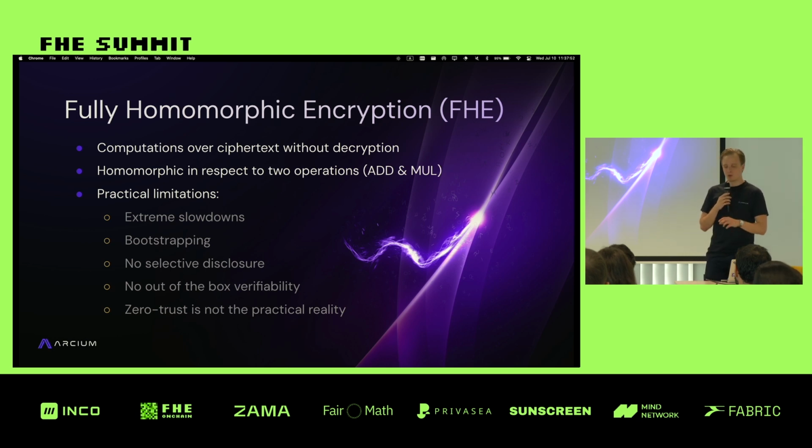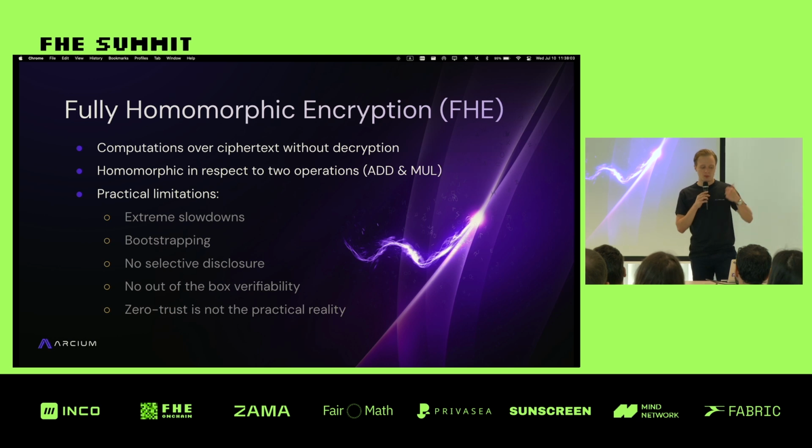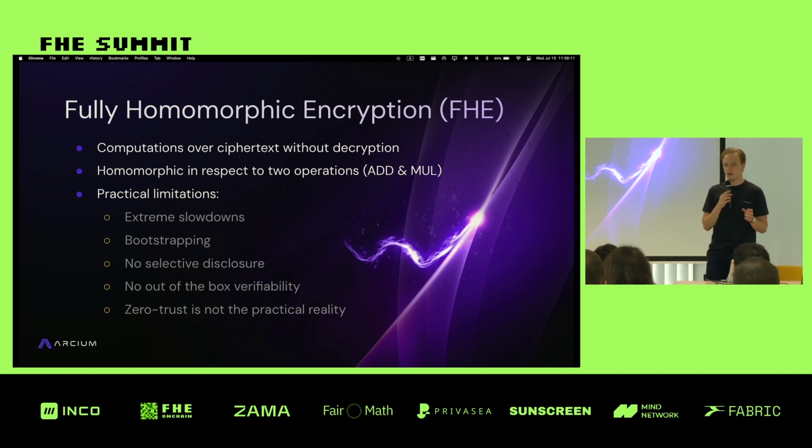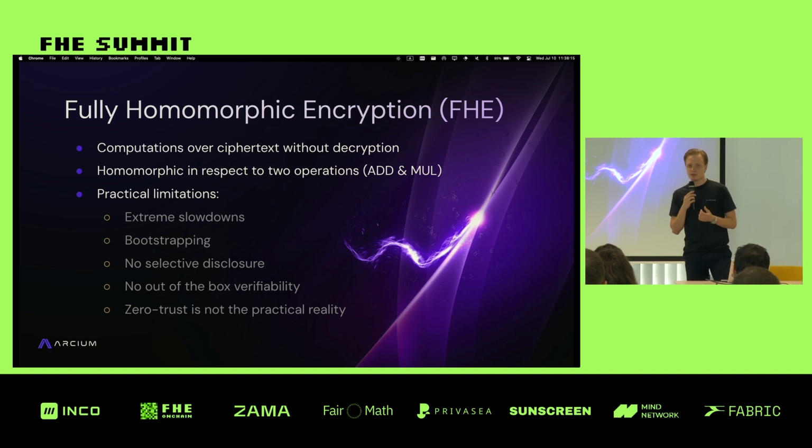And another problem really is that in reality there's not this zero trust assumption in FHE implementations in decentralized confidential compute, because for things like selective disclosure, the ability to reveal information about the plain text, there has to be some way of decrypting it, and that means the introduction of trust into those systems. And so